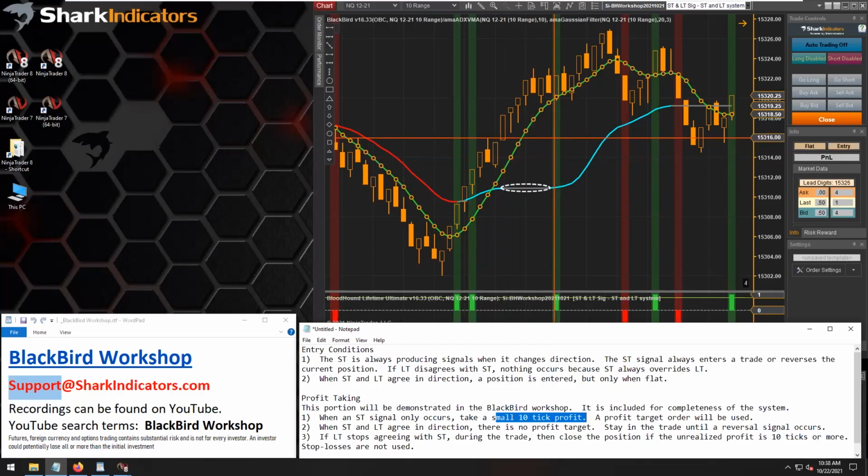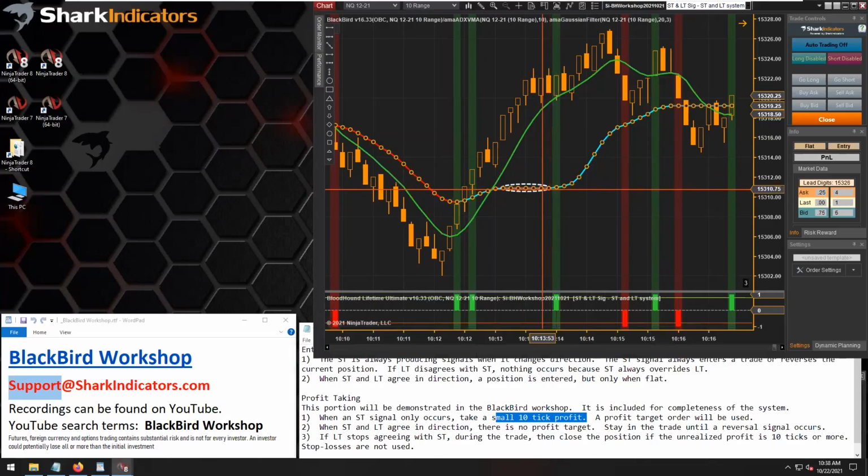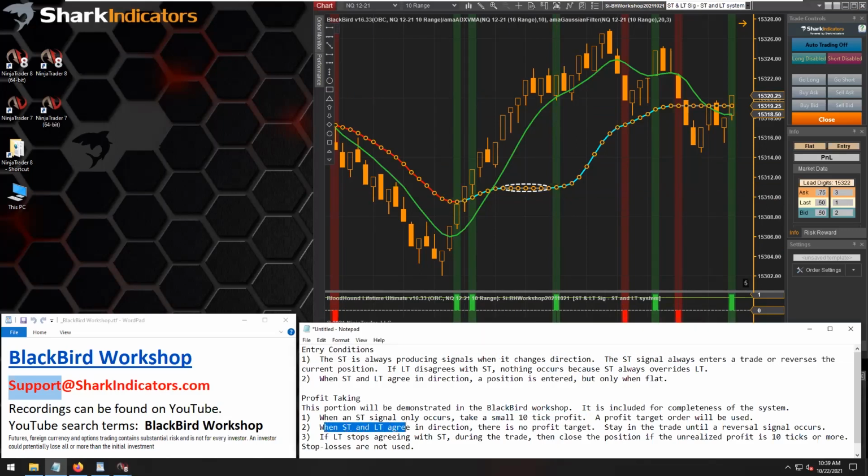And then we can see that the long-term indicator, basically the ADX VMA, starts sloping back up, right? Starts moving upwards again. And so now we have another short-term and long-term signal together. And so we're basically back in and following rule number 2 again, which is just open a position and go along for the ride with no profit target. Right. Yeah, so right here,